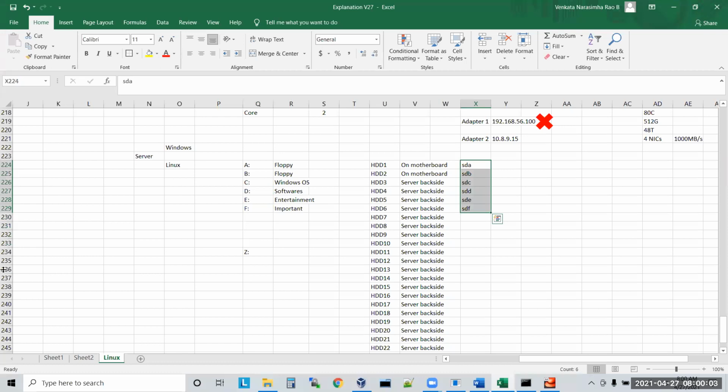So in case of Windows, you will install your OS inside C drive. Yes or no? That is the default directory. Where will you install your OS? C drive only. But in case of Linux, you will install your OS in A drive. Understood? You will install your OS in A drive.